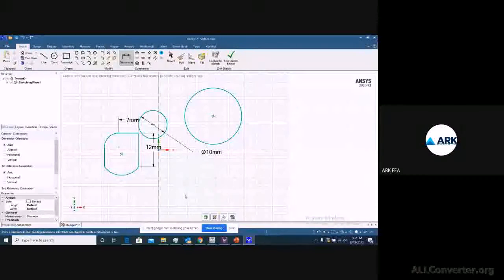So these are different dimension related things you have here. So those constraints you can check when you are exploring it. And the best way to learn SpaceClaim is you can use the Ansys help, and directly in SpaceClaim, step by step, every tab is being explored there. So you can check, right?